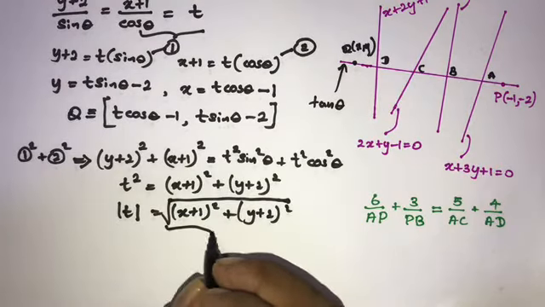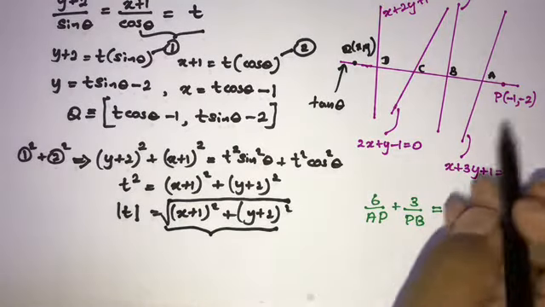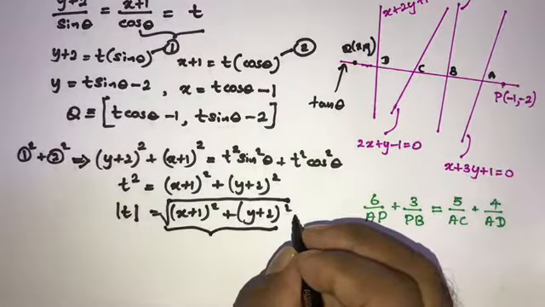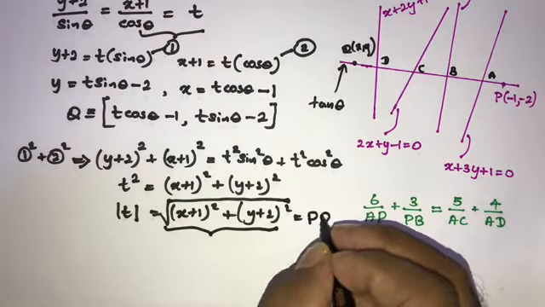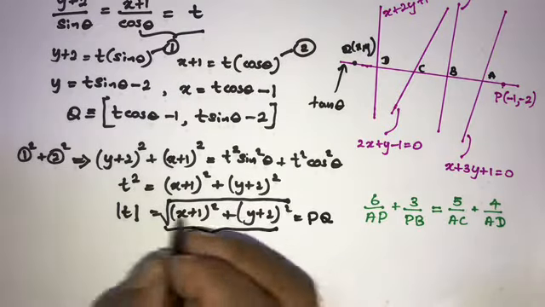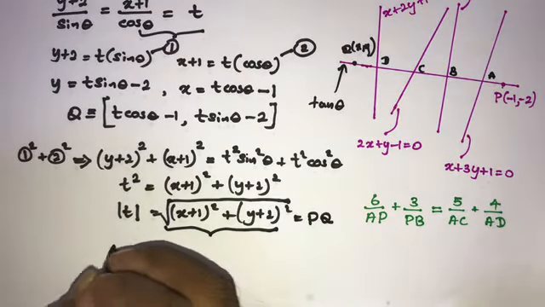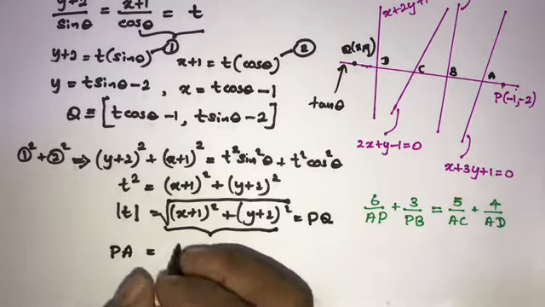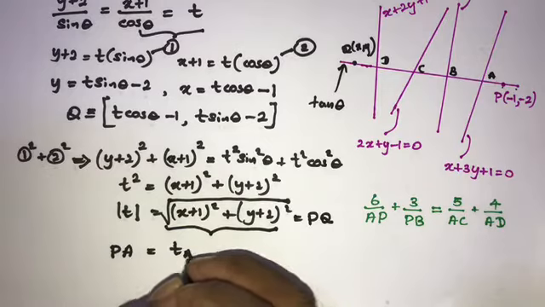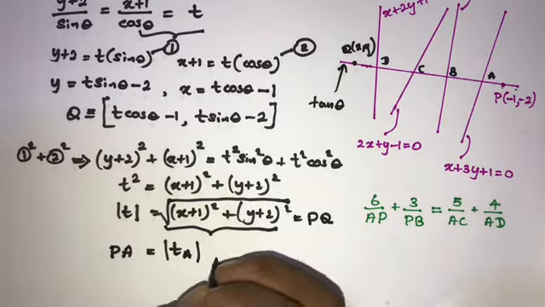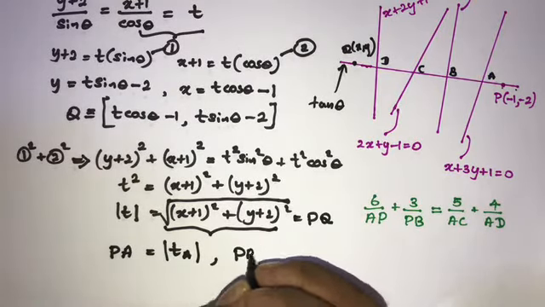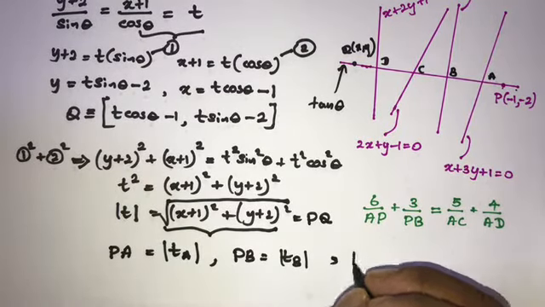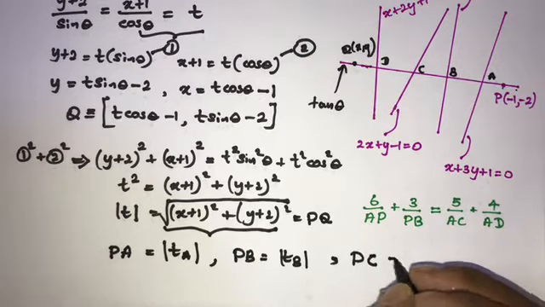Now we know this is represented by the distance PQ, so we can write the distance PA is equal to the parameter tA, and PB is equal to tB, and PC is equal to